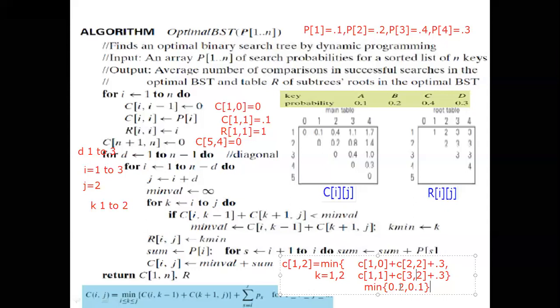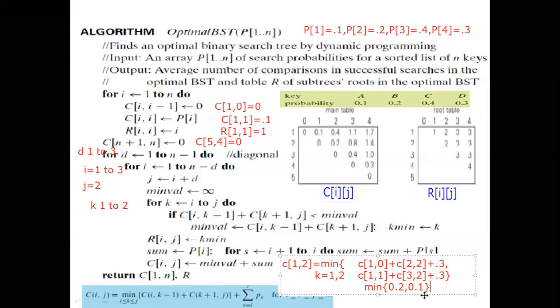At that time, the comparison is whether 0.2 is larger or 0.1 is larger. 0.1 is smaller. And what is the k value that will come? At that time, k minimum is k. What is the k? It will come as 2. And that k minimum value is going to update R of ij. What is the current j at that time? Current j will come as 2. And current i value will be 1, because i is here only. J will update here. For i to j, the j value here is 2. The i value will be 1. That is why 1, 2 will update as 2. What is that 2? It is going to update from the k minimum. Right?